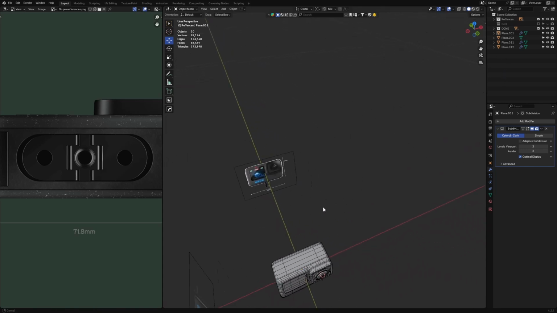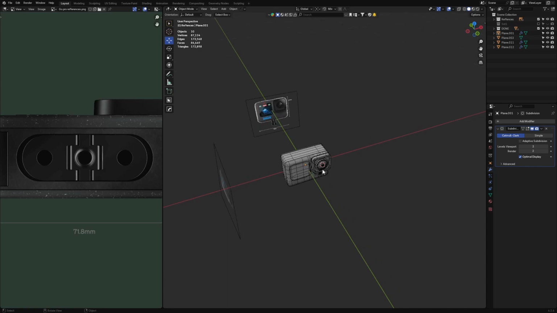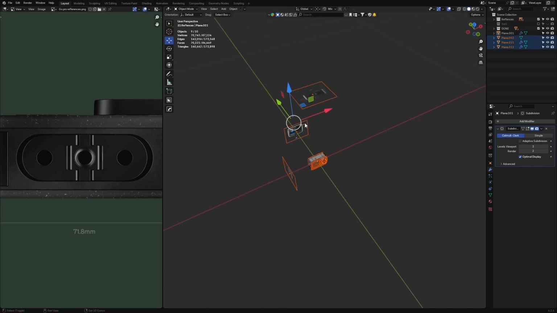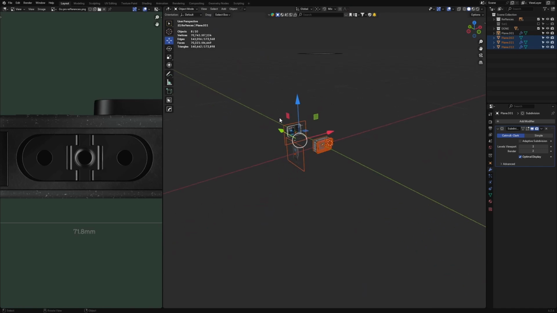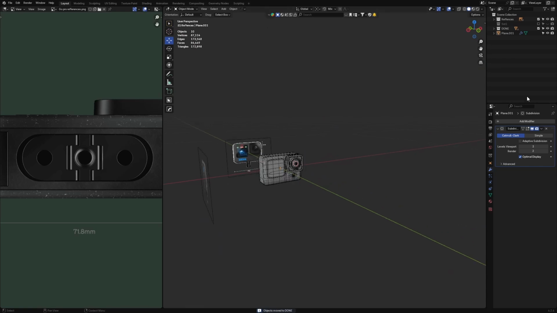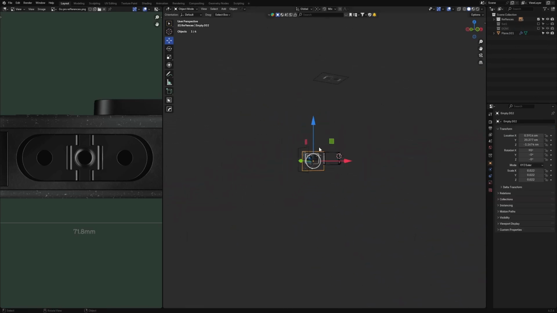So I'm just going to move everything which is not this, Control I, not this, not this, and everything is going to go in done. I'm going to hide this as well,